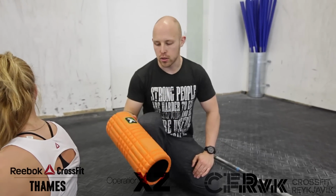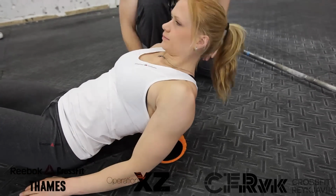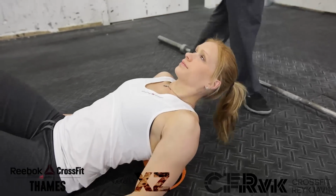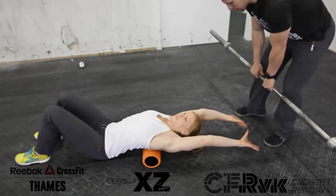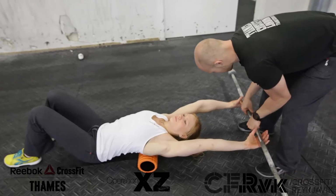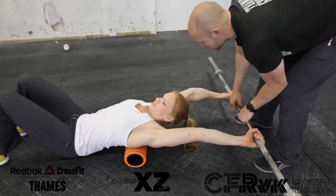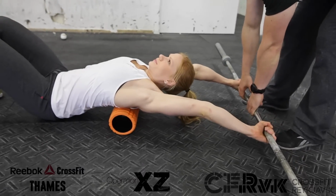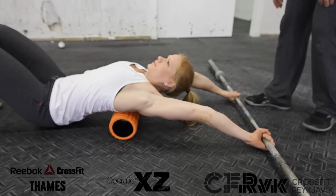Variation on a theme, you can use a foam roller. Same thing, you use the same area of your back. If you have a friend, you can set this up with a barbell. So Annie's going to reach her arms overhead. I'm going to give her the barbell and make sure that she's got a good active shoulder position as she's in here. Her midline is nice and tight, body squeezed, belly is tight. Just take the bar. She's going to hold the bar overhead. She's going to reach up,